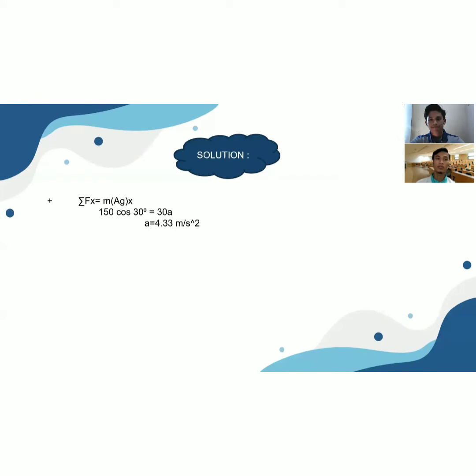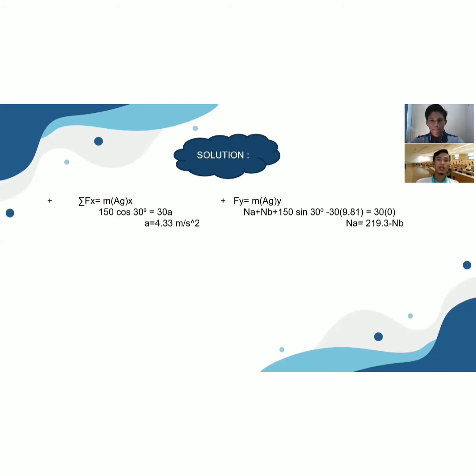So we have to find NA and NB of the cart and also the acceleration. We know that the cart moves horizontally toward the x-axis, so we use the summation of Fx to find the acceleration, and from that we get 4.33 meters per second squared. Then we have to find NA and NB. We know that NA and NB react toward the y-axis, so we use the summation of Fy. From there, we get NA